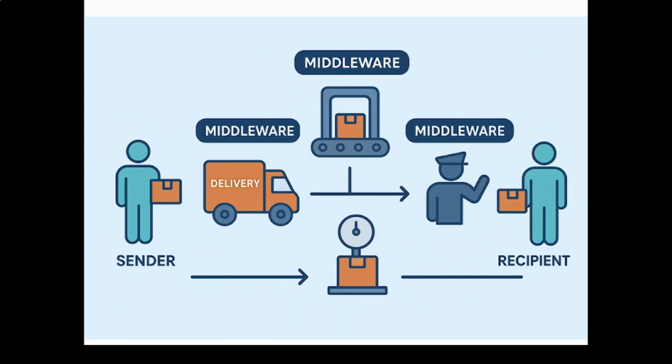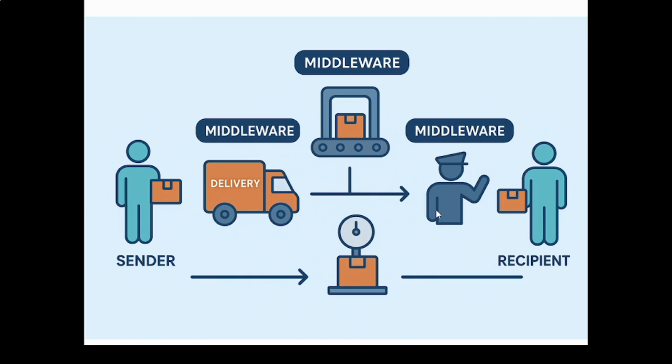Before talking about middlewares in Node.js, we will first understand a real-world example. Imagine you are sending a parcel to your friend through a delivery company. So the delivery company is following this complete process. Before the parcel reaches your friend, it might go through a scanner to check the contents, maybe a weighing station, a customs officer. So each of these steps is just for checking or modifying the parcel, but doesn't deliver it directly. Instead, each one passes it along to the next step.